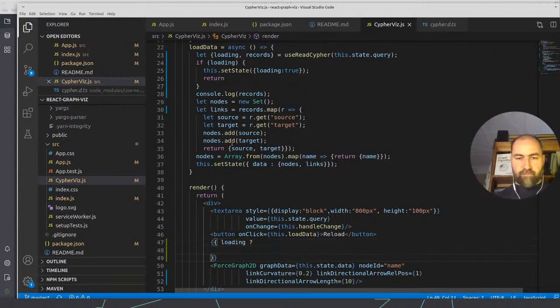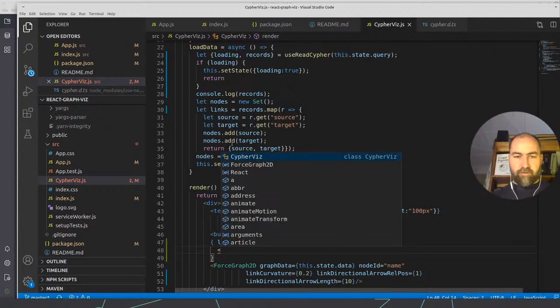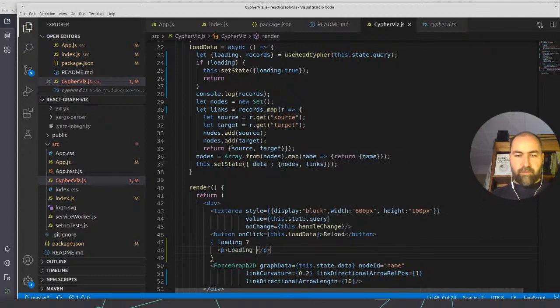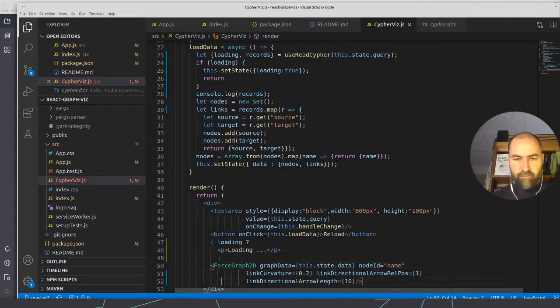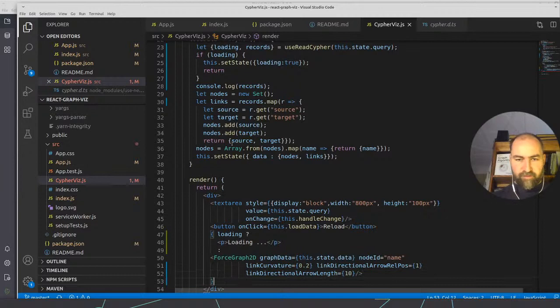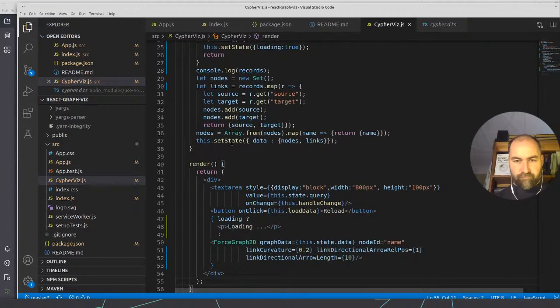Then we want to have this. When it's loading, we just say p loading, else our component here. So I hope I didn't break anything. I should have probably tested it first before the loading thing. But it's probably really ugly React code.